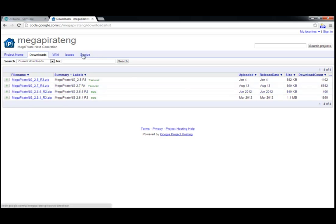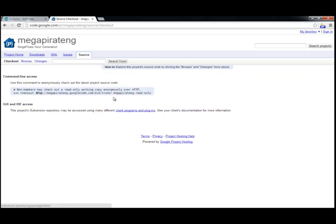But if you're ready to run 2.9, then come over to the source, and what you're going to do is grab this link right here, megapirate.ng Google code SVN trunk. Now, if you're on a Mac, you can just do this from the command line, and you could just copy and paste SVN checkout, blah, blah, blah, all the way to Megapirate into a working directory and call it a day. We're going to grab this, so just Control-C to copy that, and then we're going to come back over to